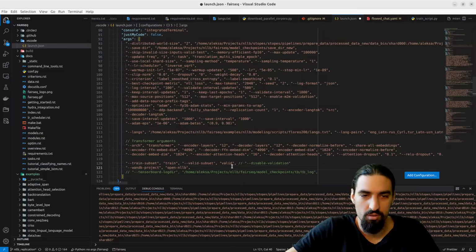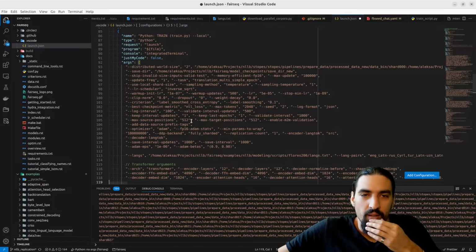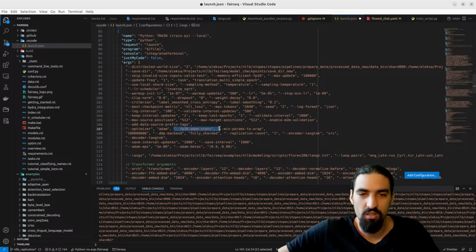Like this. Okay, and then I've seen where is Atom, FP16 Atom stats, Atom optimizer.